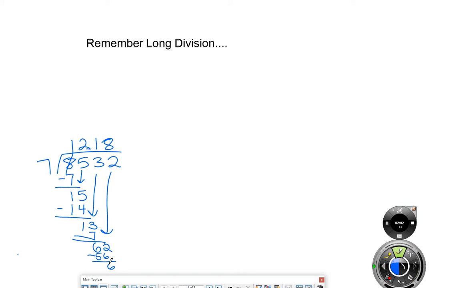Okay, so then when you were really little, you learned this, and you just learned that the 6 is like the leftover. Like there are 6 ones left over, and you just write something like remainder 6. So that vocabulary is important to us. There's a remainder. Remainder means leftover. But the way that we write it is going to be more